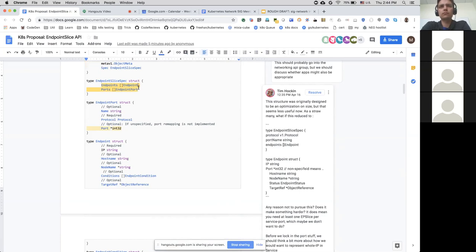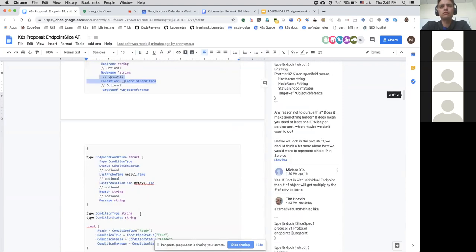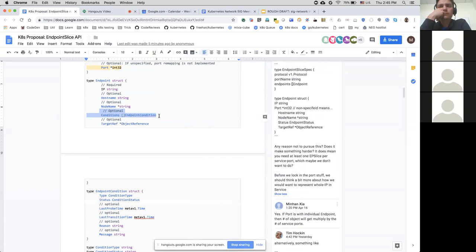So it basically blocks us from adding more states into each individual endpoint. Instead, we added a list of endpoint conditions associated with each endpoint. Initially, we only have one condition type, which is ready. It can be either true or false. Basically, it inherits the current behavior to describe whether the endpoint is ready or not ready. So that's the main two changes.